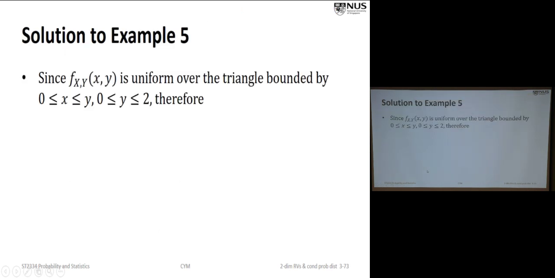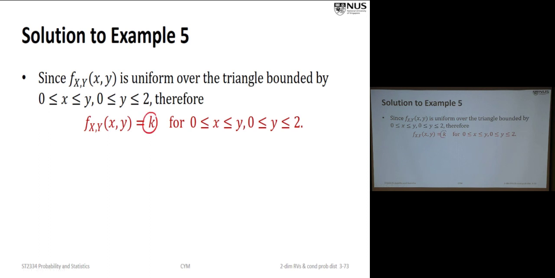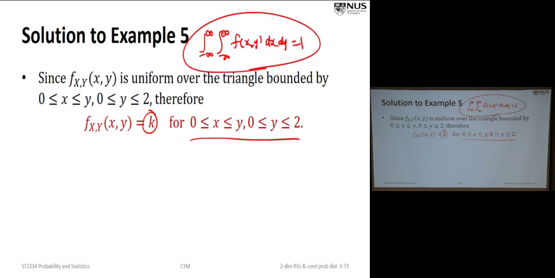All right? So to begin with, this is how we usually do it. Uniform means all the same, so long as this is true. So we let it equal k. Then how to solve for k? We must set up an equation. We know one fact: integrating from -infinity to infinity the joint PDF is equal to 1. So this is an equation. You just have to construct this equation.